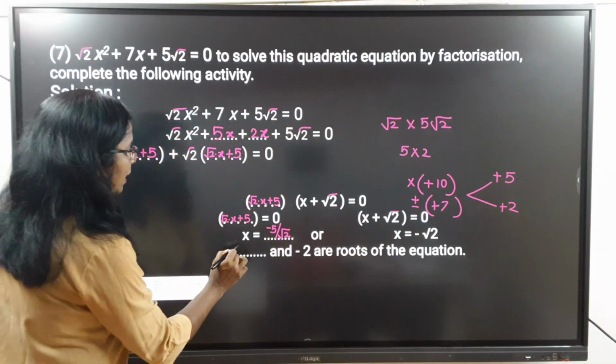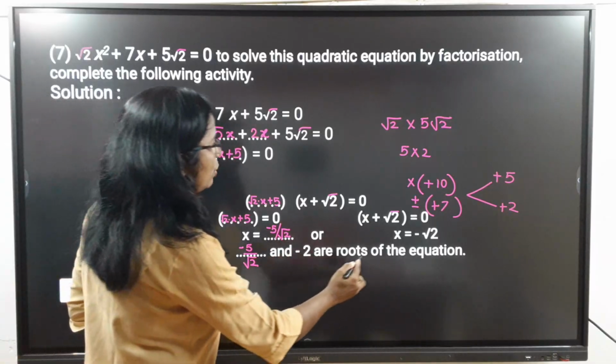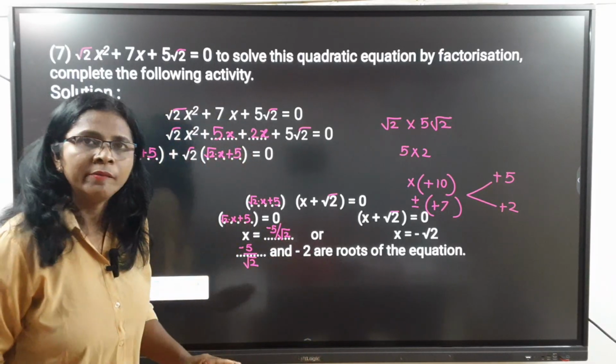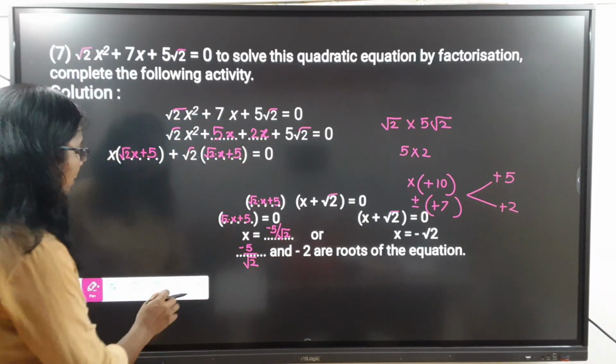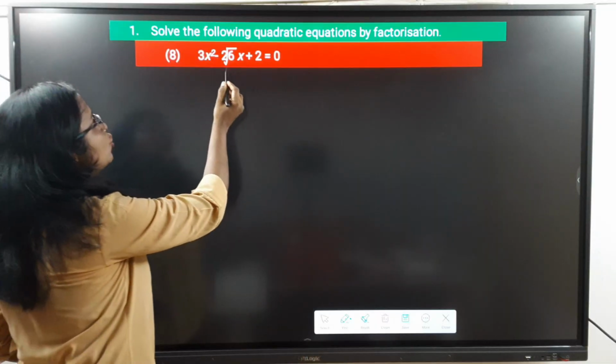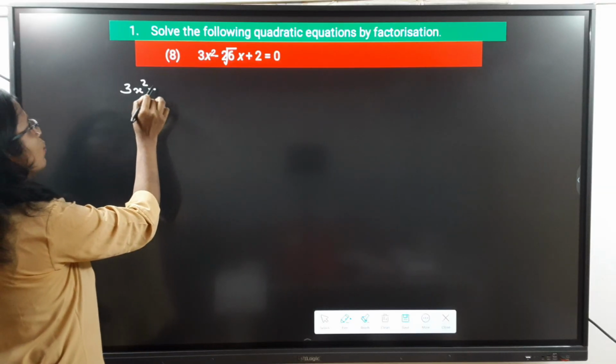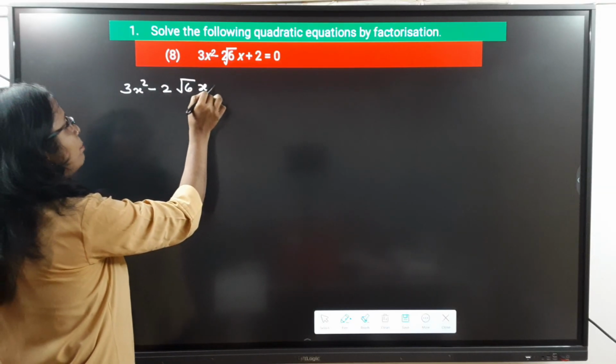So here we say minus 5 upon root 2 and minus 2 are roots of the equation. Okay students, in such a way we can solve the activity. Then next example, 3x square minus 2 root 6 x plus 2 is equal to 0. So first I write down the equation as it is, 3x square minus 2 root 6 x plus 2